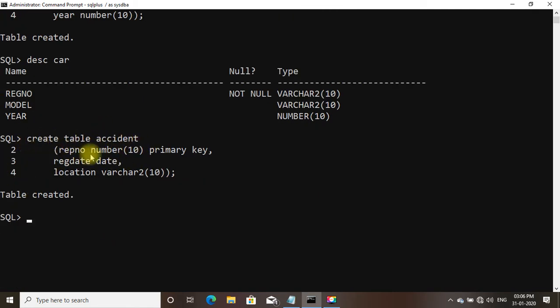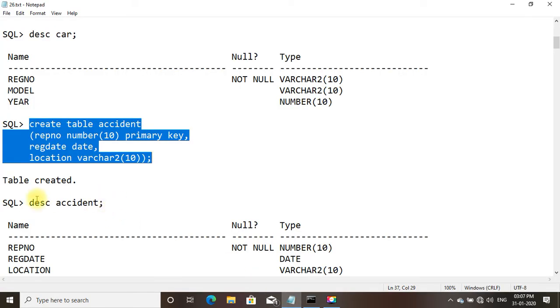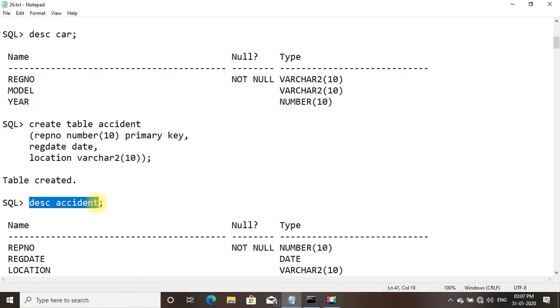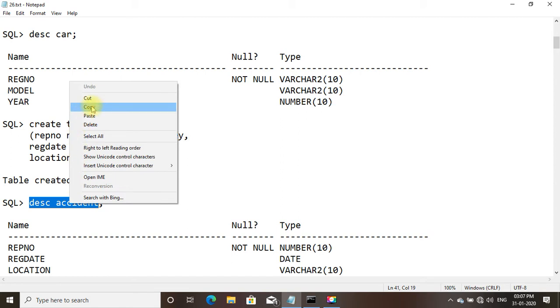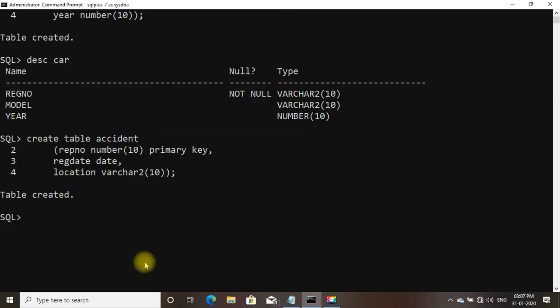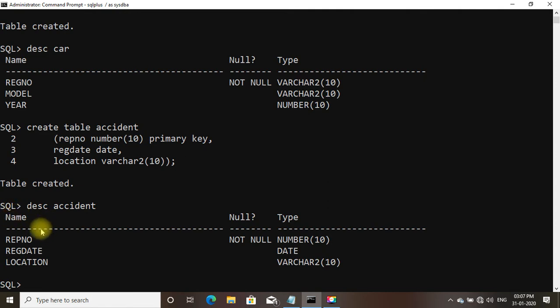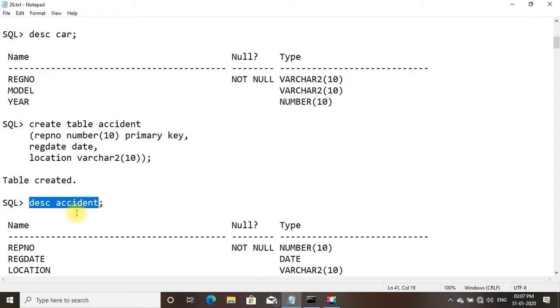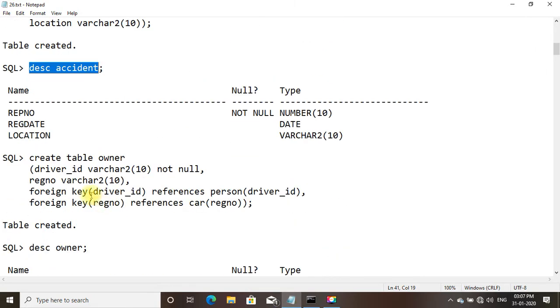Create table accident, report number, number 10, primary key, registration date, location, varchar2 10. We shall do describe accident. So here you can see the structure of the table. After accident we shall come to the owner.